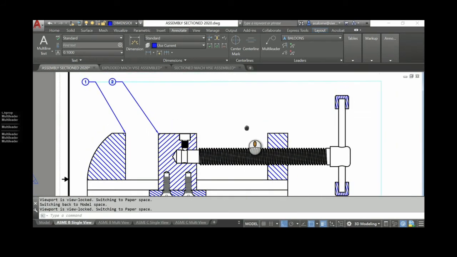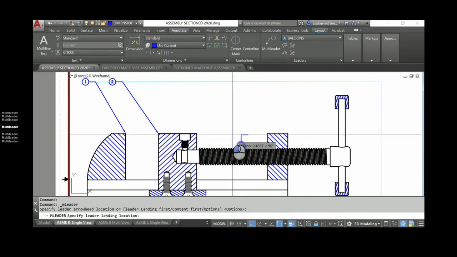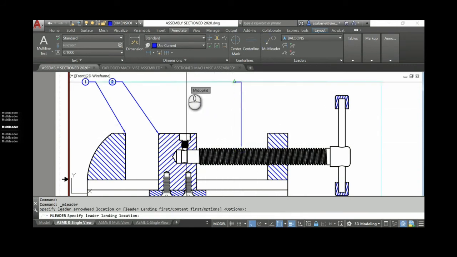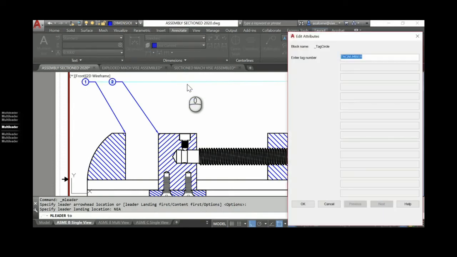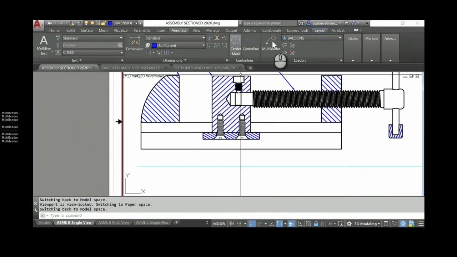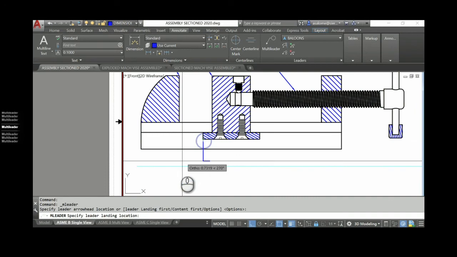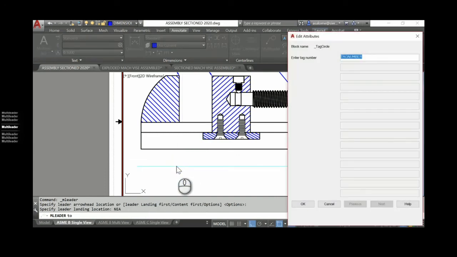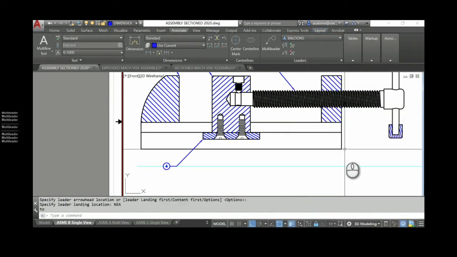Okay. I like to number these in a very logical order. All of my main components first. This will be number 3. Okay. I'm going to have that plate down there, number 4. Okay.